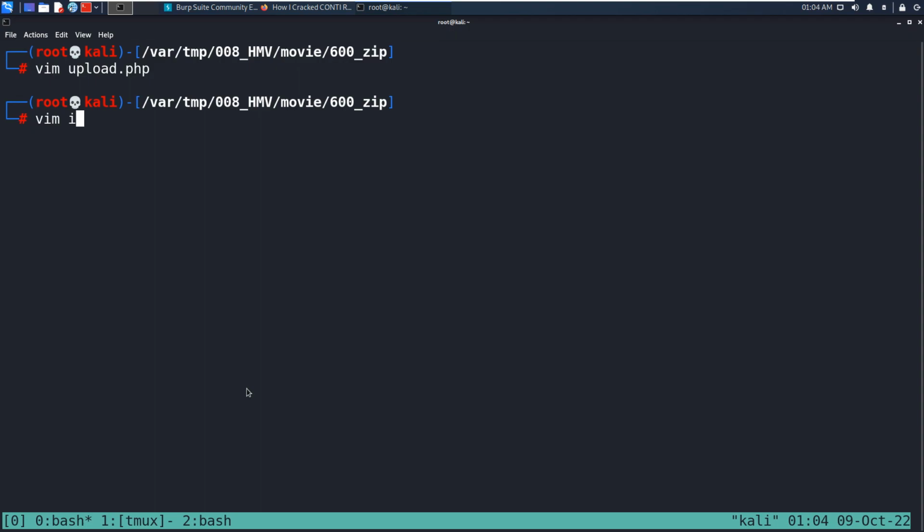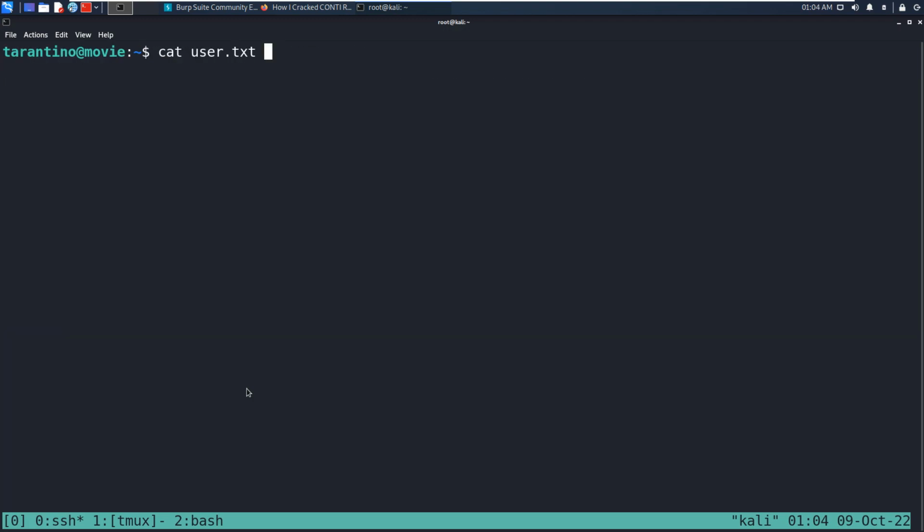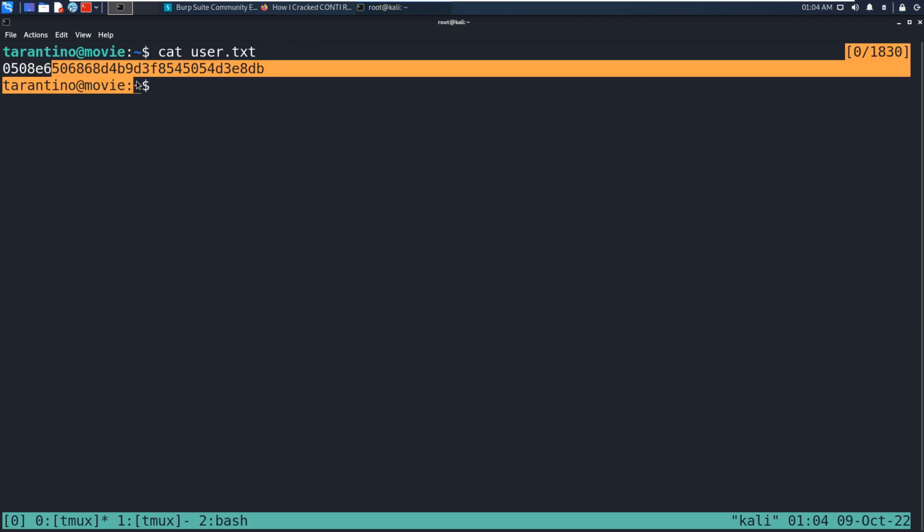So here we have an id_rsa, and we have two users, right? Tarantino, we were not able to SSH into it. id_rsa SSH Tarantino at movie.hmv. id_rsa. Come on. id_rsa. And we are in. So we are in, and if I go to ls, I can see this user.txt, and this is the